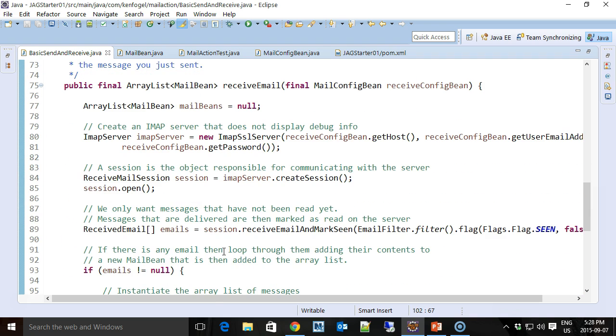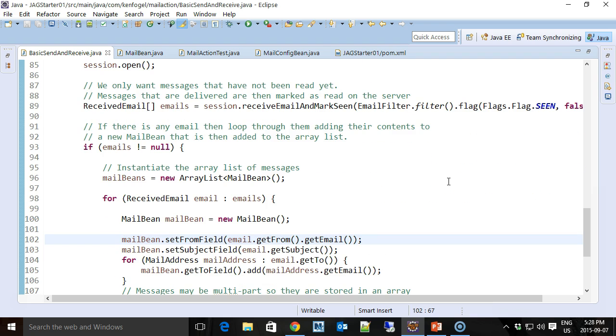Receiving email requires only a single parameter, in this case our mail config bean, so we can connect to the IMAP server. The return, though, is the mail messages. And because there could be more than one message waiting for us on the server, we receive it as an array list. We configure the IMAP server. We're not doing any debugging, so we're directly implementing an IMAP SSL server. Create our session, open it, and now this one command, receive email and mark seen, retrieves all the messages from